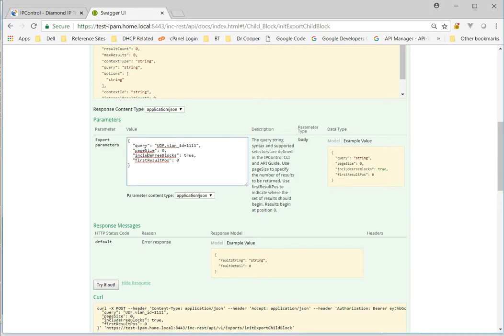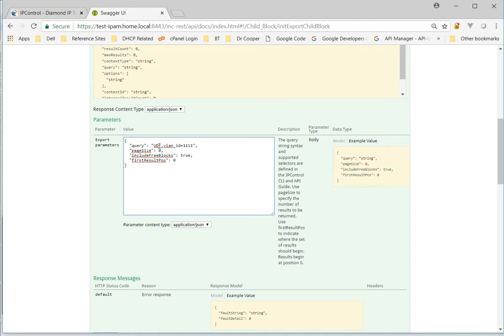And so you'll see here, as I was defining, the query itself that is then passed into this init export child blocks is going to represent the UDF, which tells it that we're going to do a UDF filter or query with a dot. And from here, it is the construct of the field name tag equals the value. And the page size here, you have options that if you have a lot of these different fields, then working through interactive sessions and so forth, you can do pagination of these results and effectively calling this,